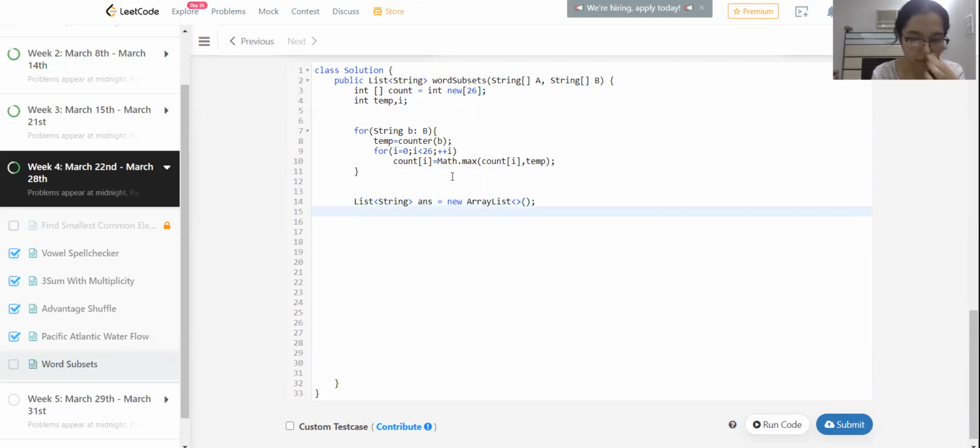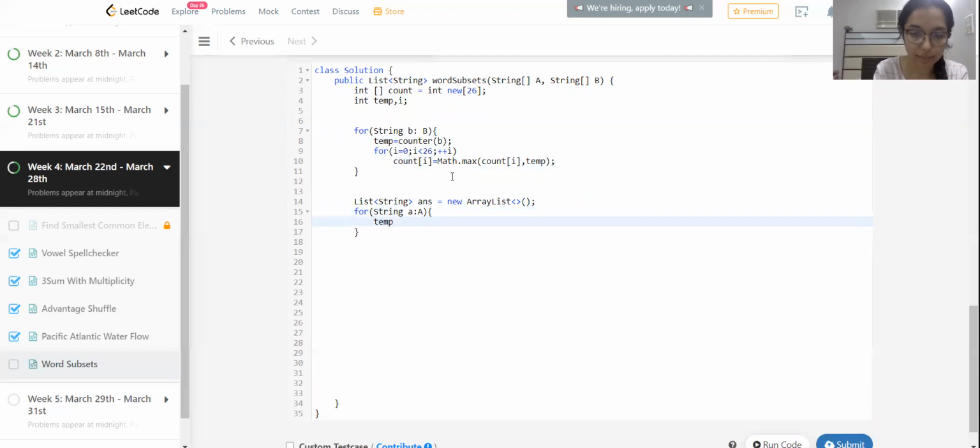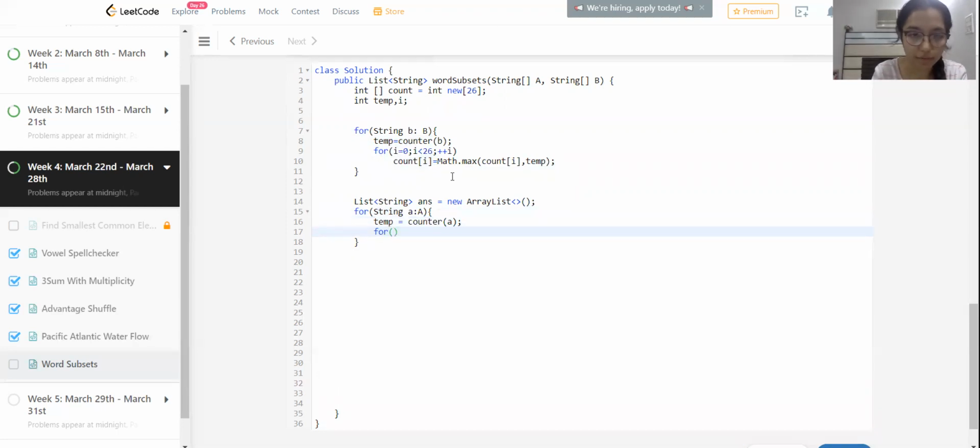Now let's do the same for the array of strings A. Here we'll take temp as counter of A, and inside of this we'll have a for loop with the same things, 26, I++.